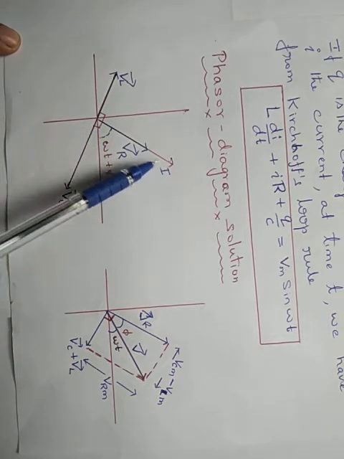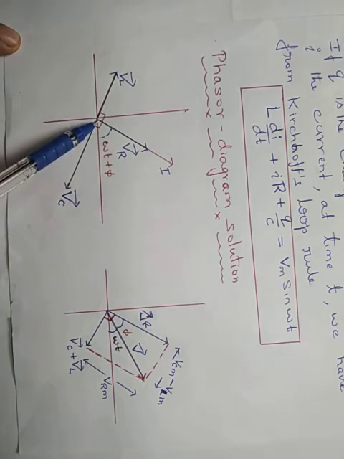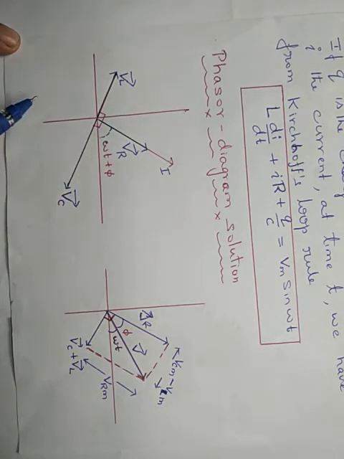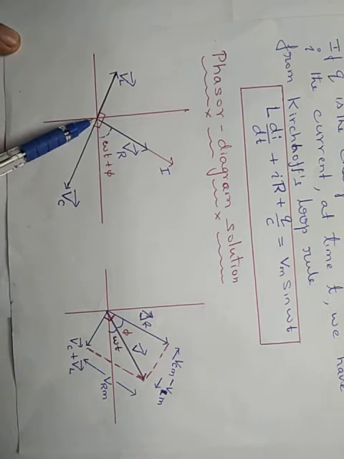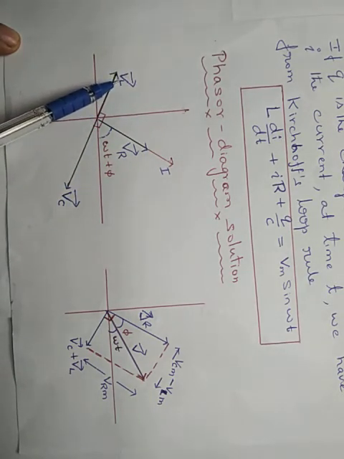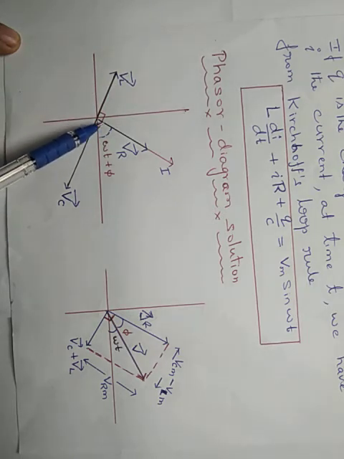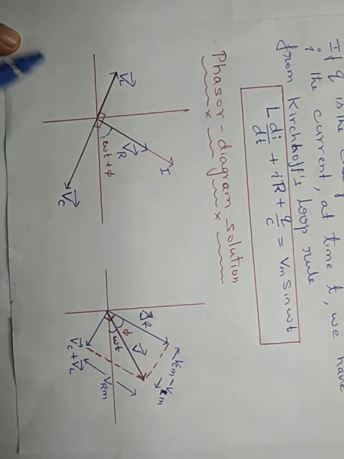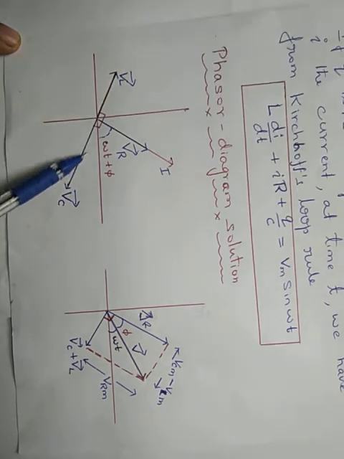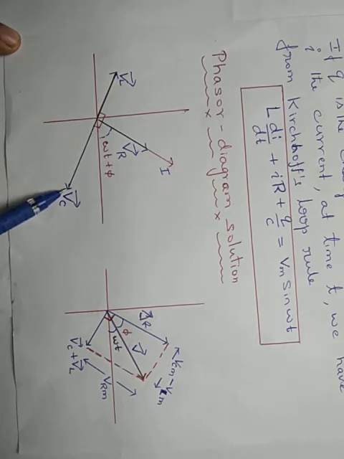So, first you have to draw the bigger line, that is the current I. On the same line draw VR, that is the voltage due to the resistor, okay, with the phase angle omega t plus phi, and this is VC, that is pi by 2, 90 degrees, that lags behind the current I, and this is VL, that is voltage leads the current by pi by 2. Okay. See these arrows or vectors. Okay. So,